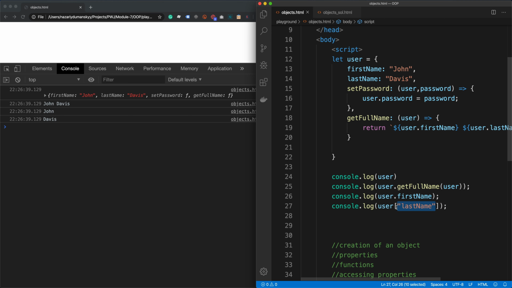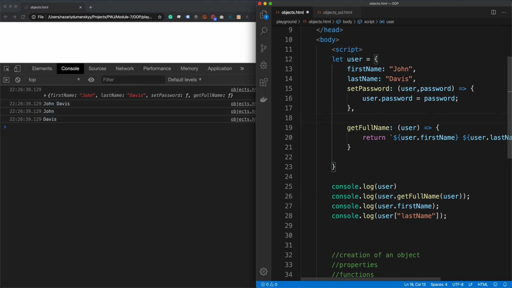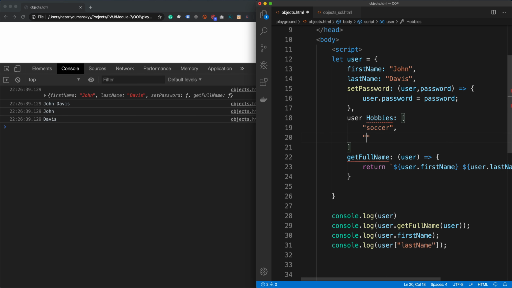So if there's a certain variable that's a string, you can put that in there. But let's say, for example, we have user hobbies, and that's just a list of soccer, volleyball, and so forth. Well, you can see right away that we're getting an error. The reason is that we cannot have a space as a key, so it can't map to a string. In that case, you have to write it as a string just like that. And now it is all good, and this key will properly map to this value